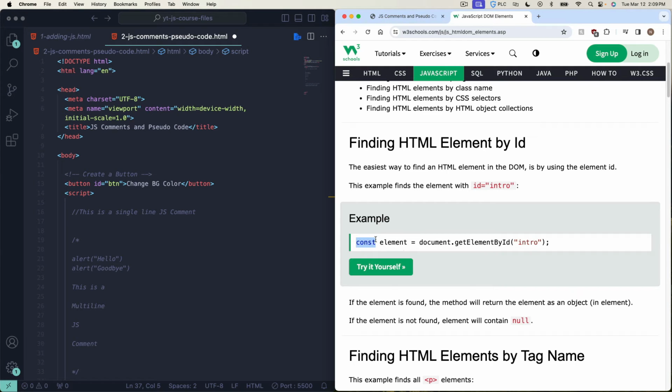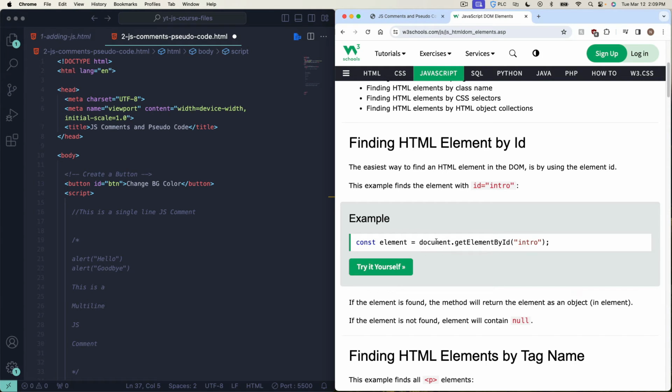And that const is a keyword that just means variable. In other programming languages, variable just means var. But in JavaScript, you can use keywords of const, let, or var. We'll get into that in a later video. But so const. So we're saying make a variable, and then you can name your variable whatever you want. Element is just a placeholder here. So we can do that, and then we put the equal sign, and then followed by this code,